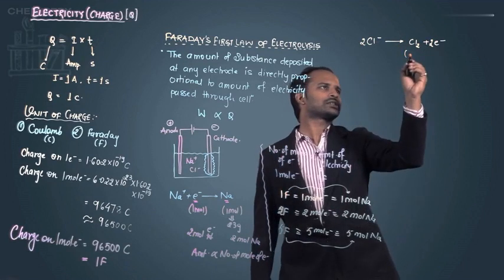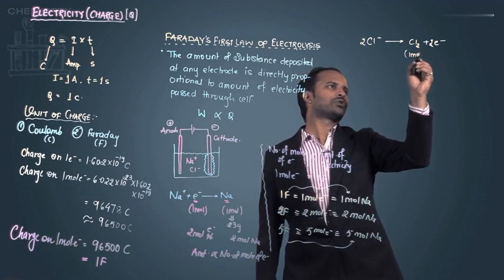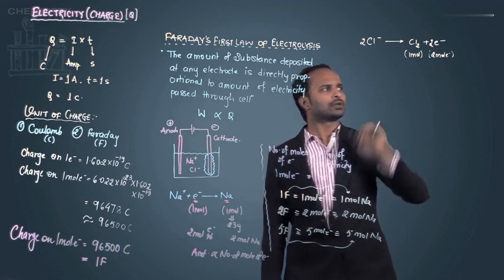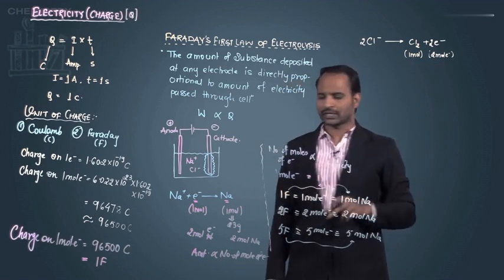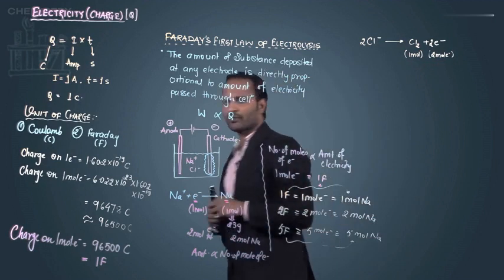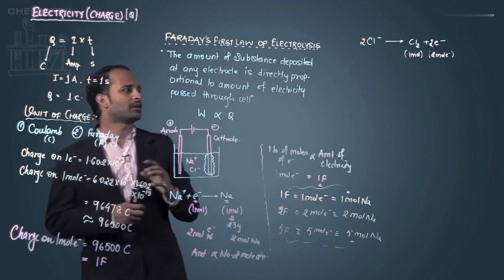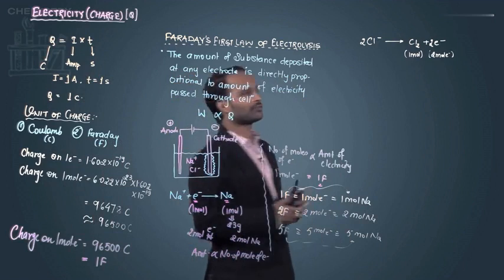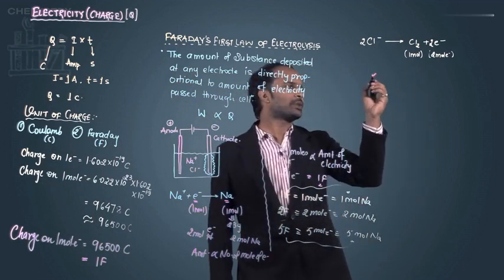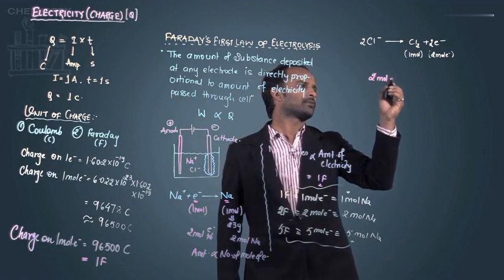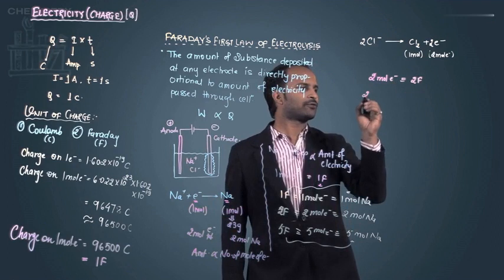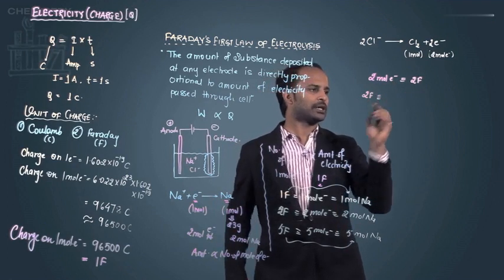So in short, 1 mole of chlorine is formed when 2 moles of electrons are lost. If it is a cathode, then electrons are gained, and if it is an anode, then electrons are lost. For the production of 1 mole of chlorine, how many moles of electrons are lost? The answer is simply 2 moles. So for passing 2 moles of electron, 2 Faraday of electricity is needed, or I can say if 2 Faraday of electricity is passed,